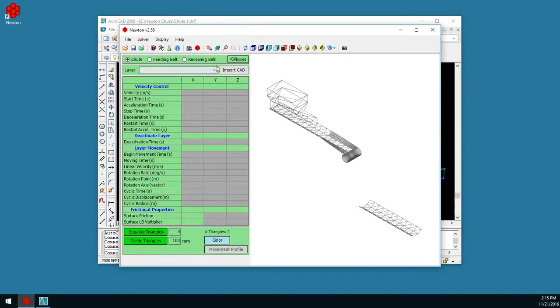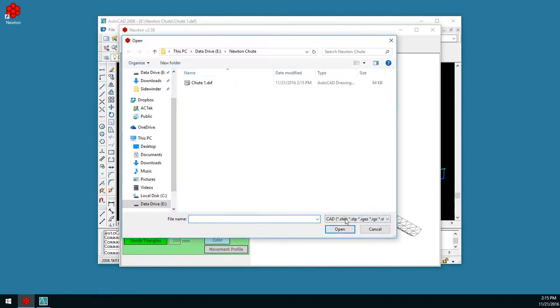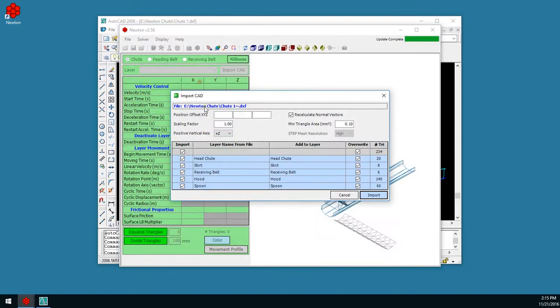And when I go in here, I can go ahead and import CAD. Now again, we support STEP, IGES, IGS, STL. Those are much more common formats. I'm not a super 3D CAD guy, so I'm pretty simple here. But going to go ahead and open that file, and there's all our different layers, and we can bring that